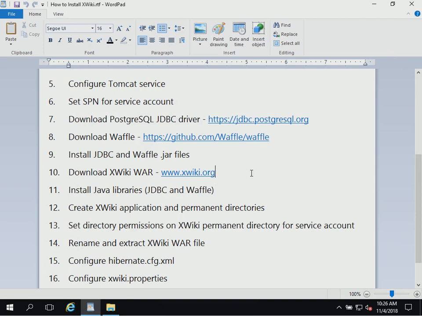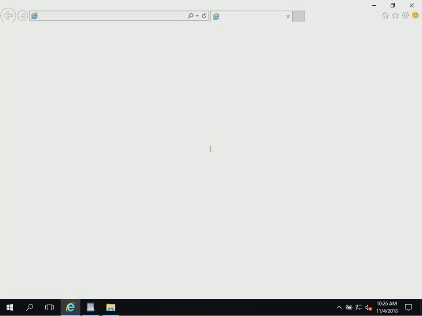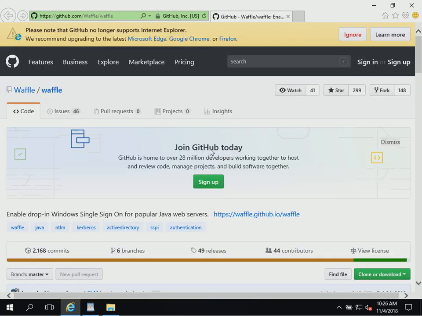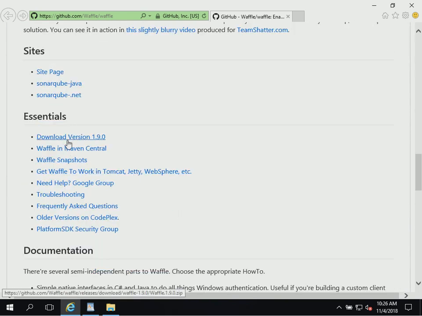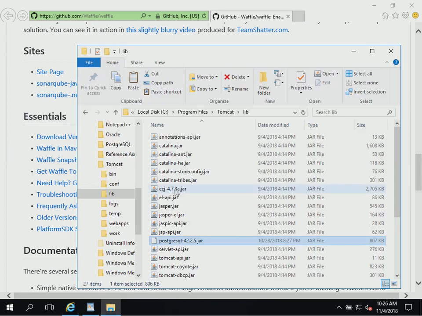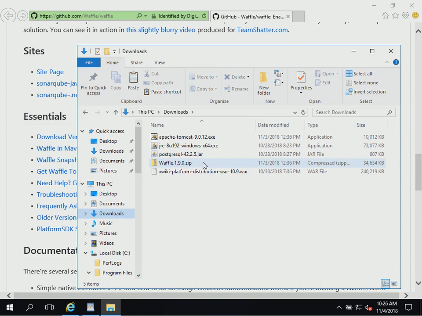Wrong program there. The next piece that we want to grab is the Waffle libraries. This is required for SSPI logon to PostgreSQL in XWiki. So I'm going to go to github.com/waffle/waffle, scroll down here and get the Waffle download. The current version is 1.9.0, which I already have downloaded